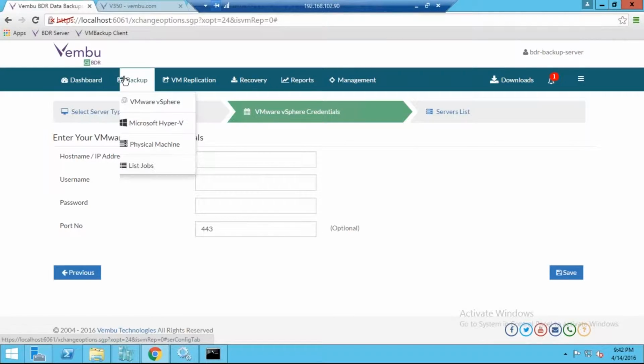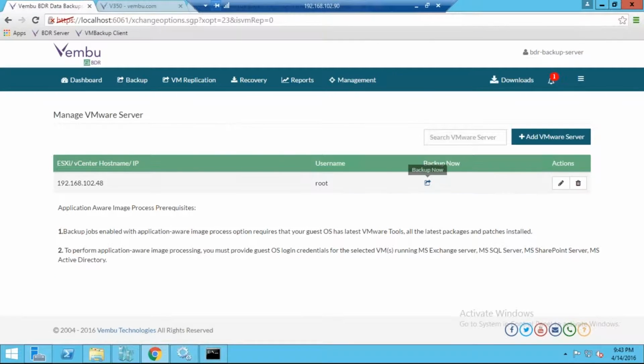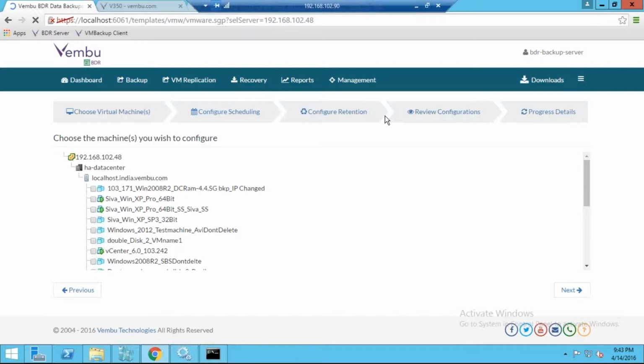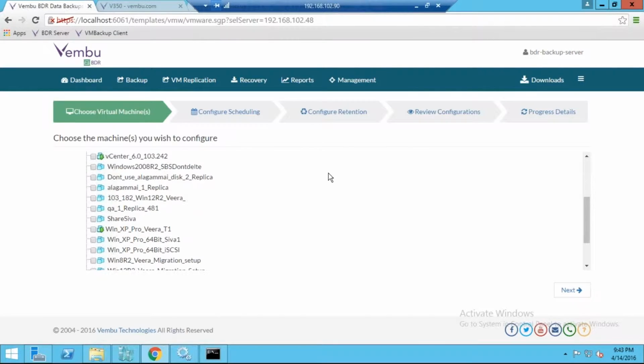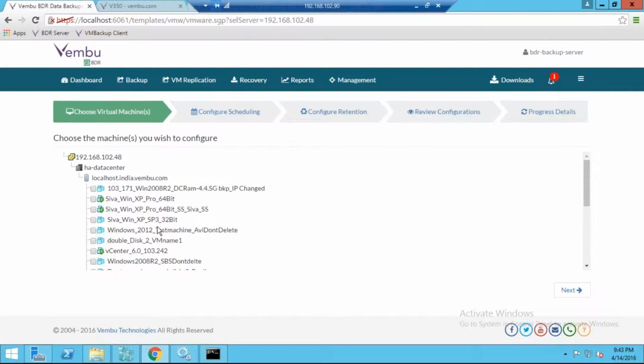I've already added some ESXi servers from my test bed, so it's one of the servers. If you want to perform a backup, just click on Backup Now. It will communicate with the ESXi server and pop up all the virtual machines running inside those ESXi servers. So you can go ahead and pick the VMs you want to back up